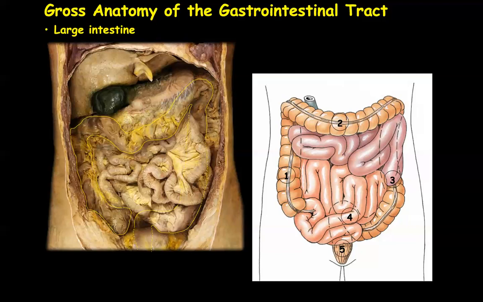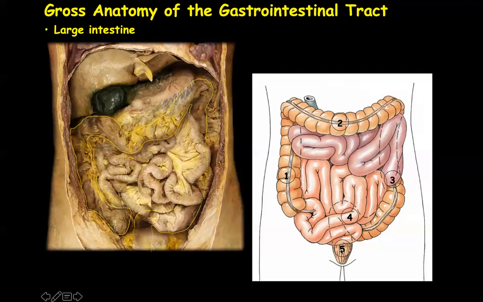Once it's passed through that right colic flexure, then it's traveling across the abdomen, so crossing to the left side of the abdomen, that's the transverse colon. Then there's a left colic flexure, a 90-degree turn on the left side of the body, and it turns into the descending colon, this segment moving inferiorly on the left side. At the sigmoid flexure, it then turns into the sigmoid, that means S-shaped colon. And this last segment is the rectum, that straight ending segment of the GI tract that stores and removes compacted